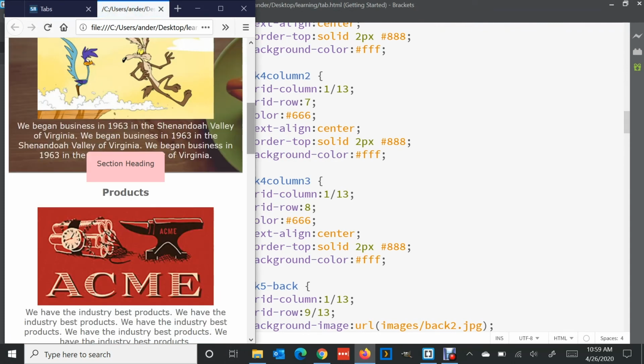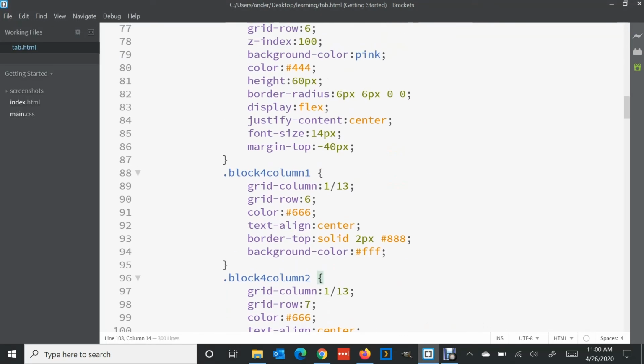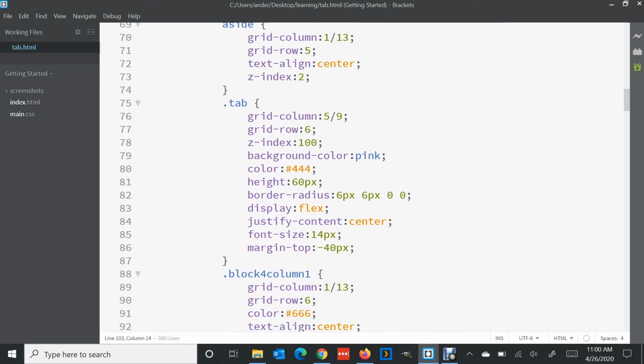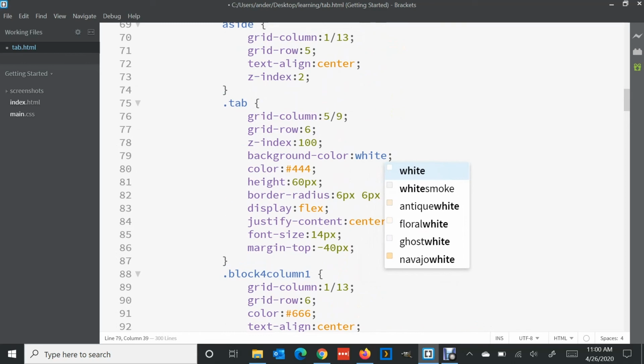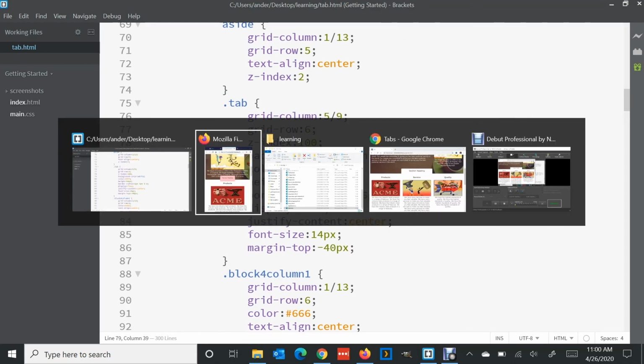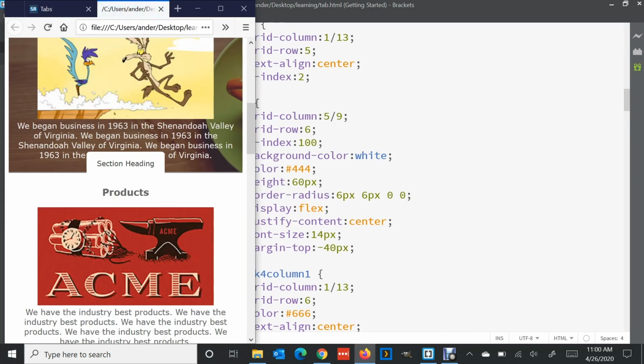Okay, it's starting to work now. It looks like it's in the right location, but we're going to change it back to white so we don't see the pink here. So let's go back to tab and change that color from pink to white. Check that. Now that works pretty well, but we have one additional problem here,